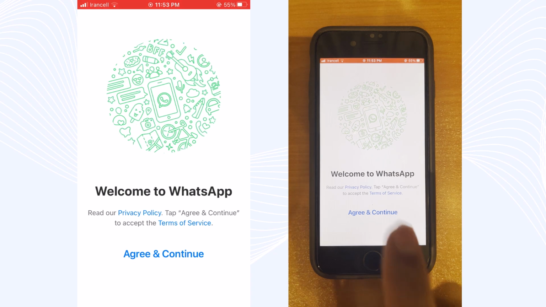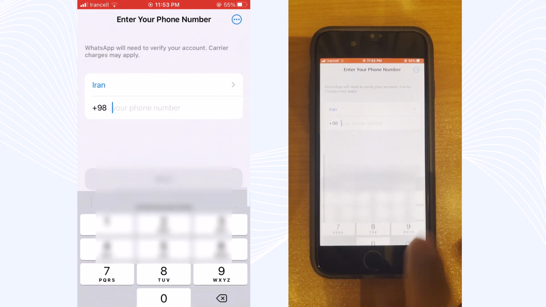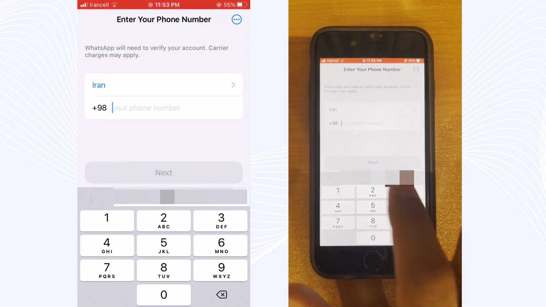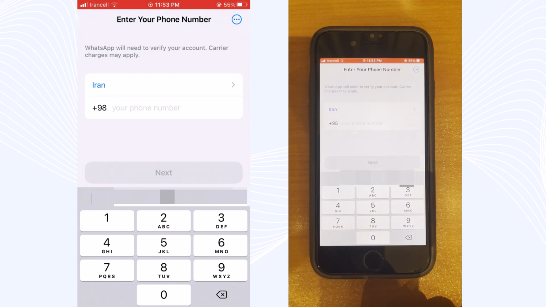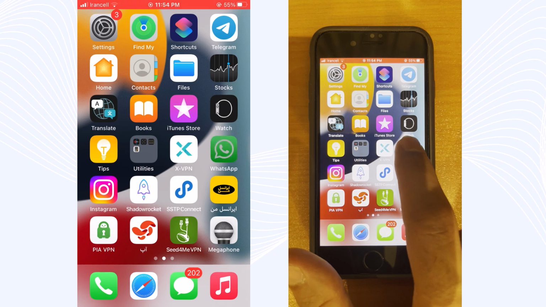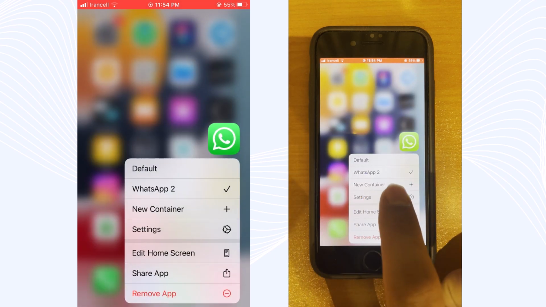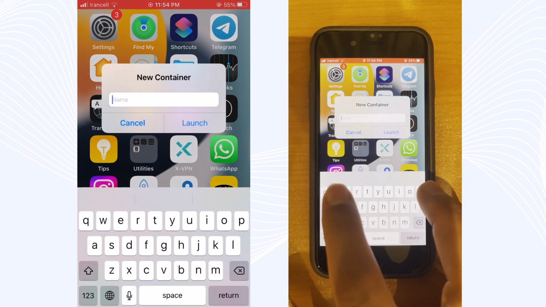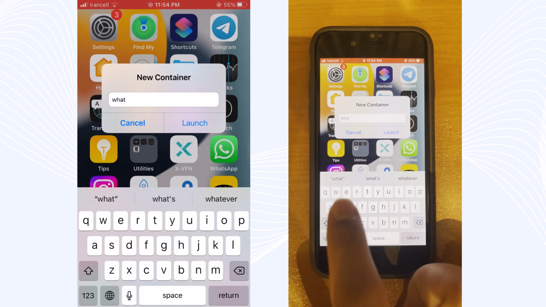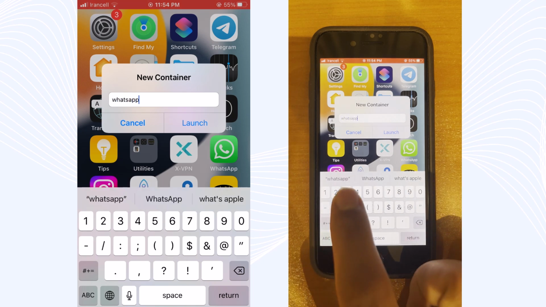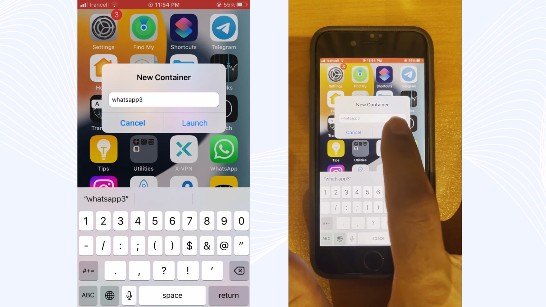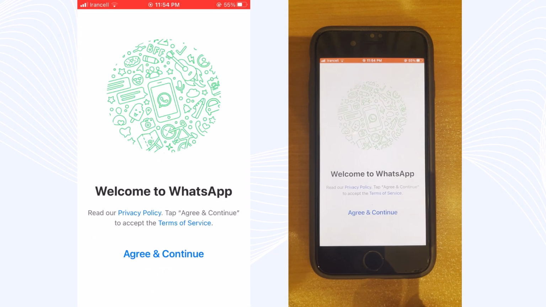Wait, and you can see, guys, my WhatsApp is new and I can add a new phone number and have new profiles on WhatsApp. Actually, guys, this tweak is like magic. It's great and wonderful. Whenever you want, just tap on new container and set up new programs, new profiles, which is great. Just launch, and as you can see, it's a new one. I mean the third one, which is great, guys.